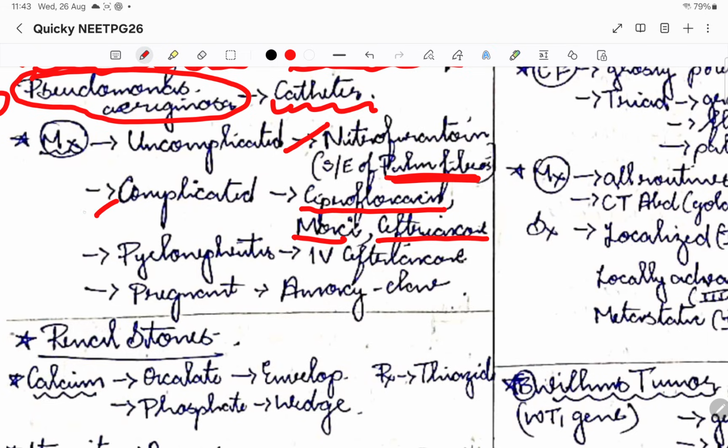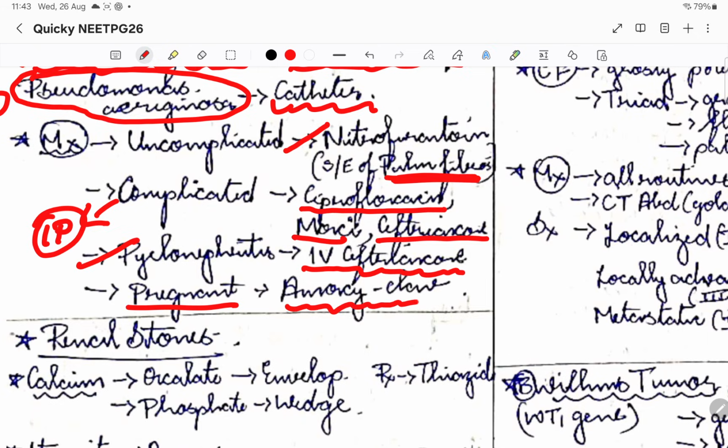So this is the inpatient management, IP management, and we'll be treating with IV drugs. Then coming to pyelonephritis, we'll be giving IV ceftriaxone. Okay, so remember this. In pregnant women, we can't give any of these drugs, so that is why we'll go